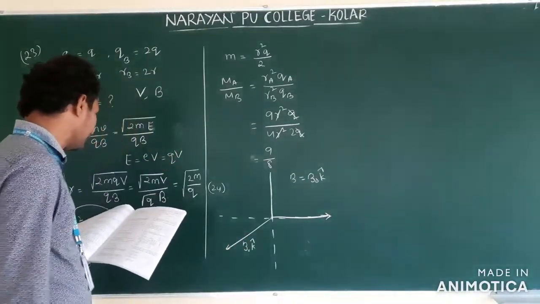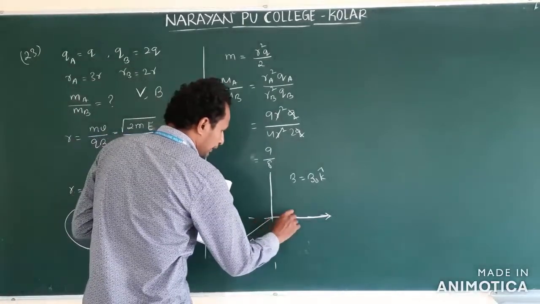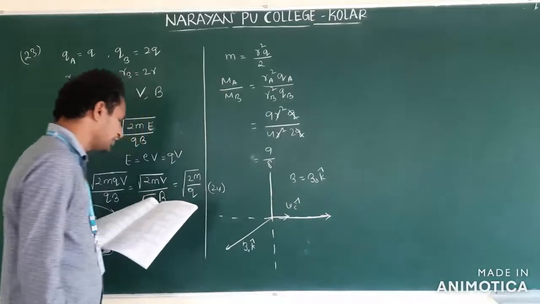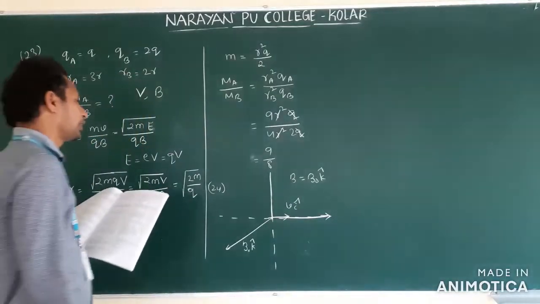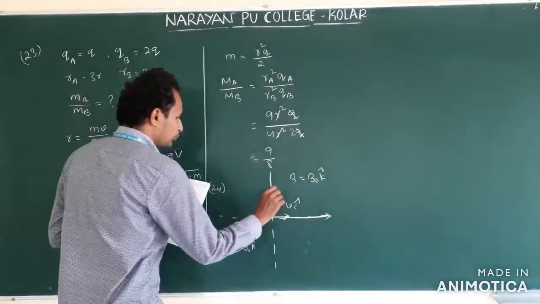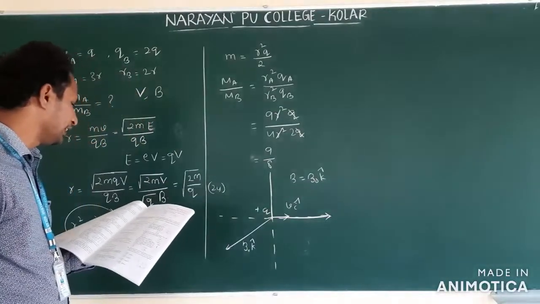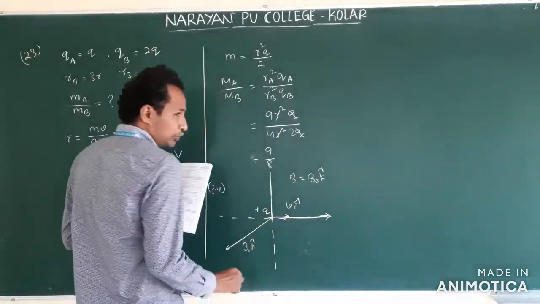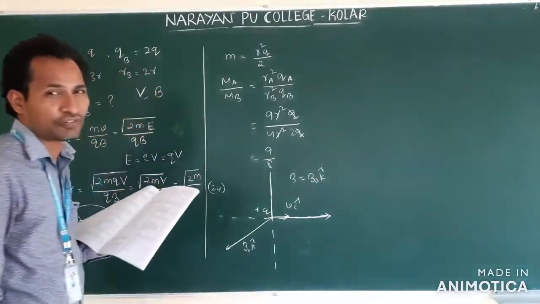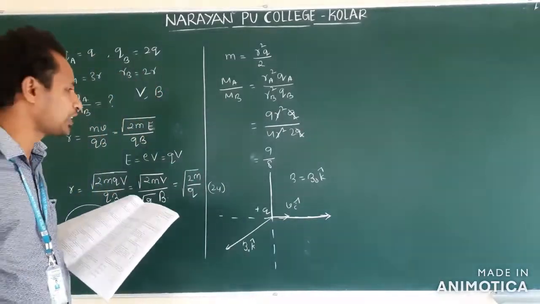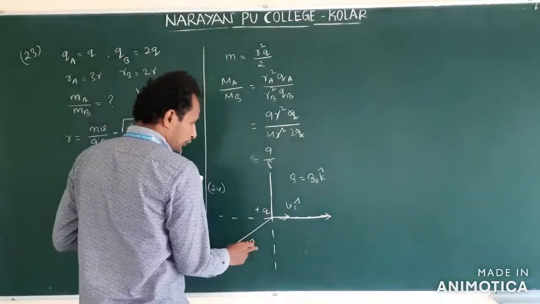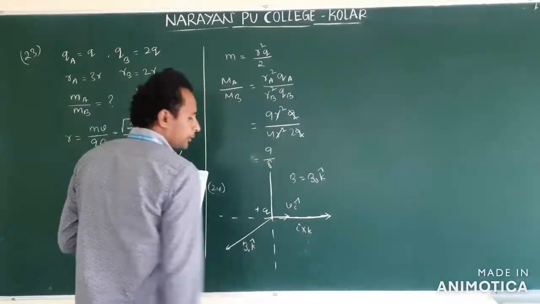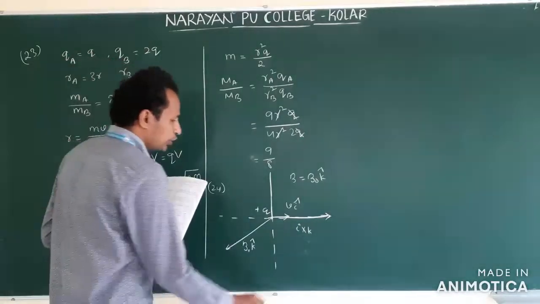The charged particle entered along the x-axis with velocity along i cap. Which charged particle is given? A positive charged particle, so plus q. Then first we need to find the direction in which it moves. So what do we do? The force direction. What is the force formula? F is equal to q into V cross B. We need to do the cross product V cross B, i cross k. If you do i cross k, what do you get?